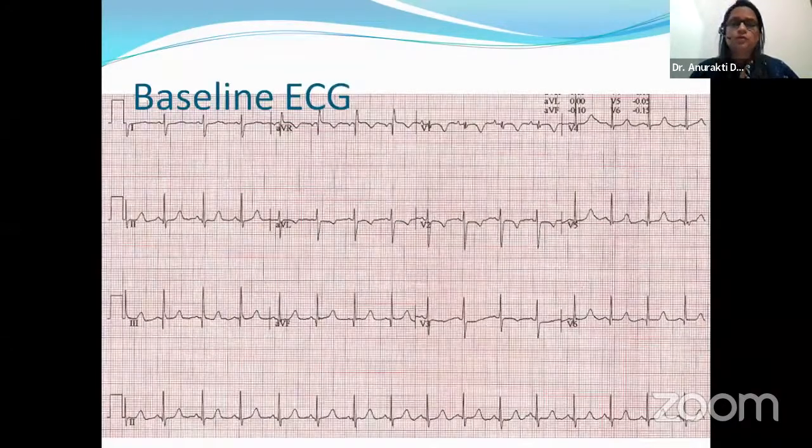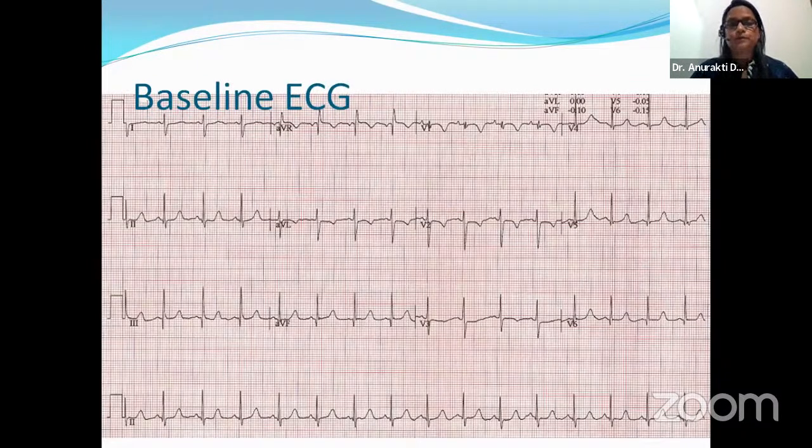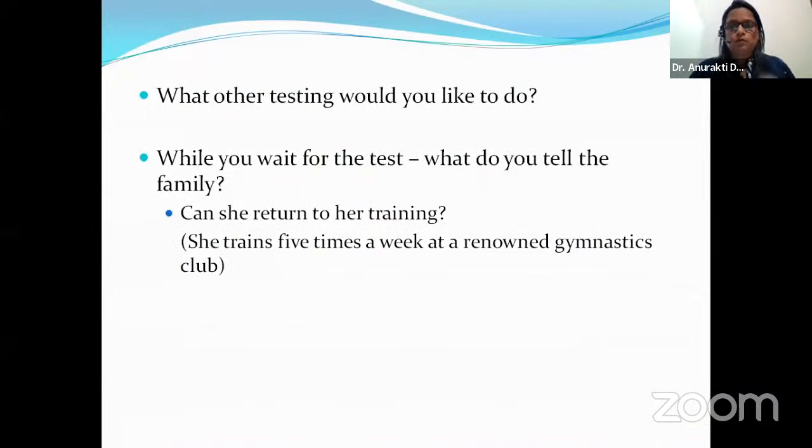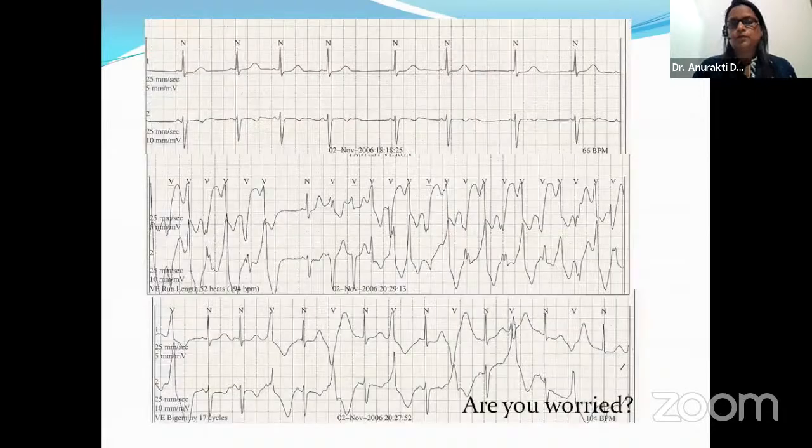And you can all write the answers in the chat box, which is directed to me. Usually in such cases, we do exercise stress testing, and we also do AECG. So if you see, these are the results of her Holter monitoring. So you need to see the fainting during her peak exertion. And what can you see on the Holter recording as well as on this exercise testing? This is during the peak exercise,